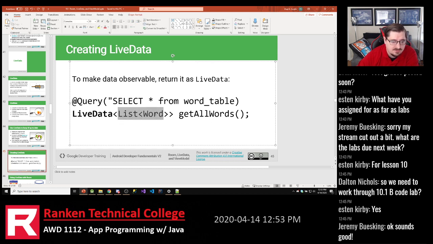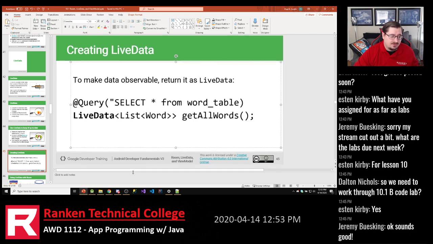We'd written it as List<Word>. It just returned a list of words. But if I want to have it return a LiveData object, I literally just say it returns a LiveData object, and Room will automatically generate the necessary code to create and manage that